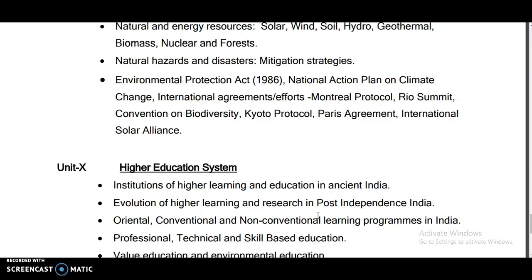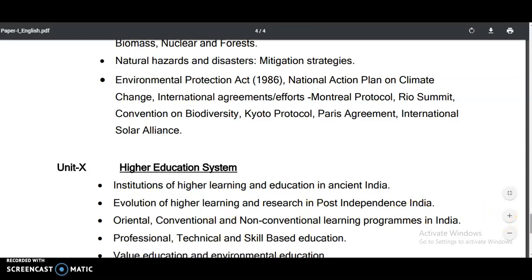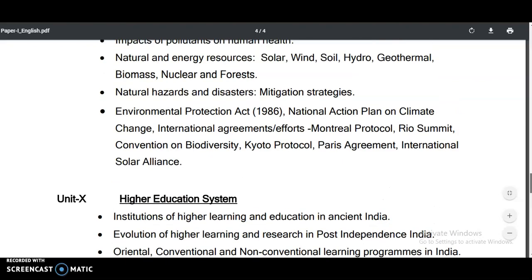So 18 questions means 18 into 2, 36 marks. So previously 40 marks from the mathematical units and now 36 marks from these theoretical units. So 40 plus 36 is equal to 76 marks, right? So like that, you must prepare your schedule or planning to score a minimum of 75 plus marks out of 100 in the UGC NET paper 1 part, right?